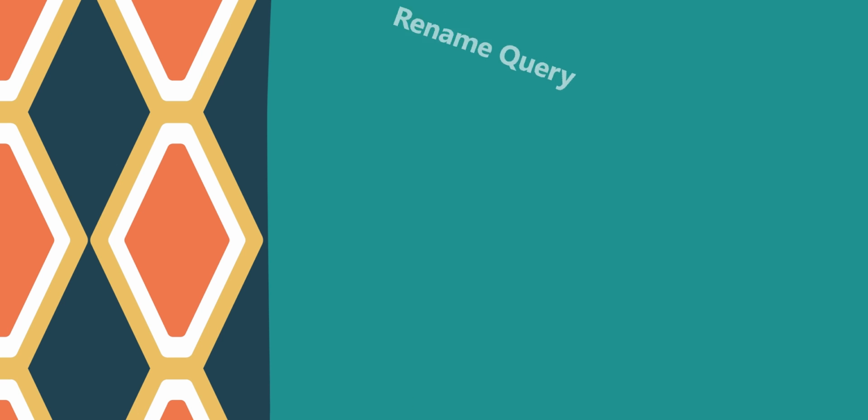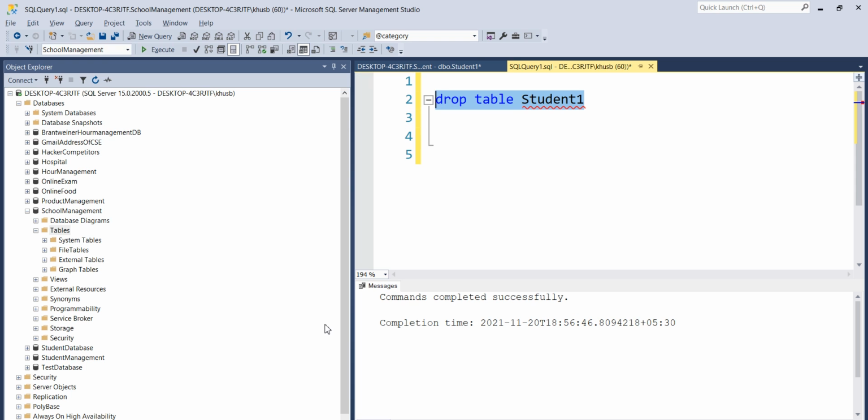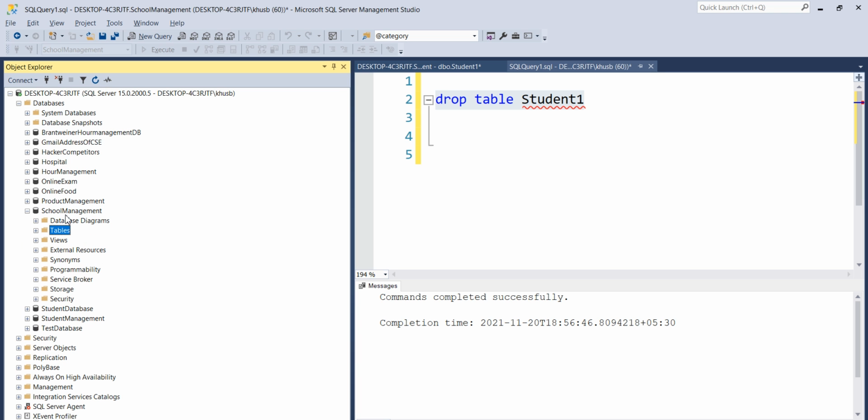And we can also drop our database as well. Let's say I have a database called school management, right? We have this database, and I also want to delete this database completely. So whatever tables are inside will also be deleted.